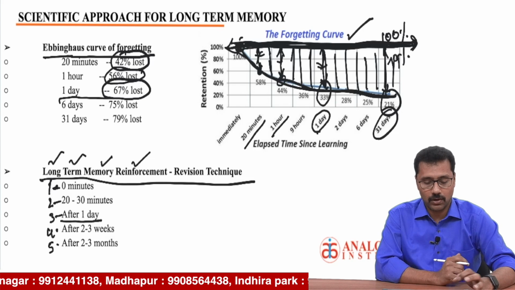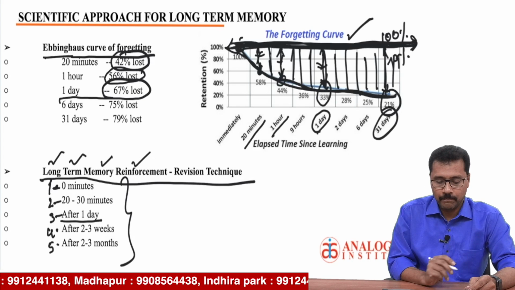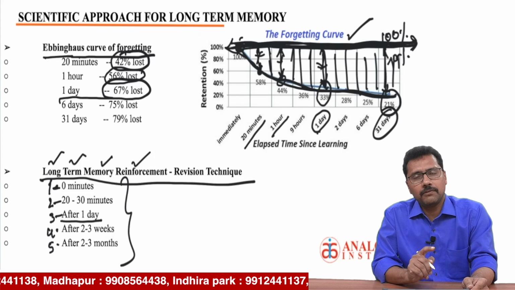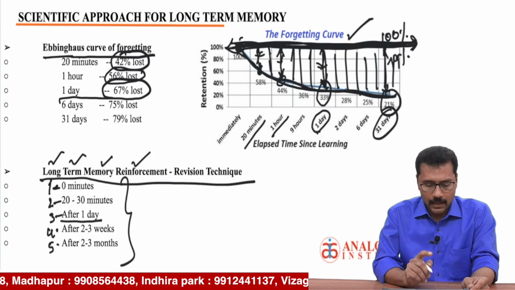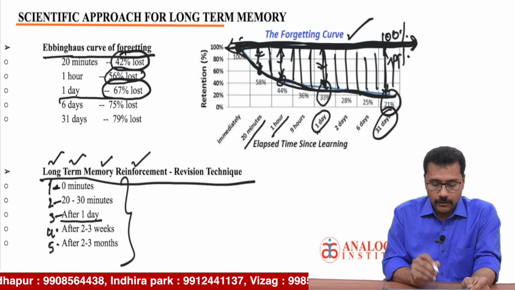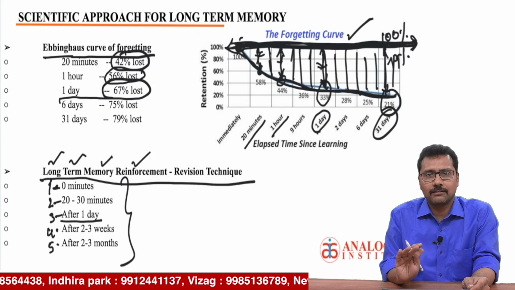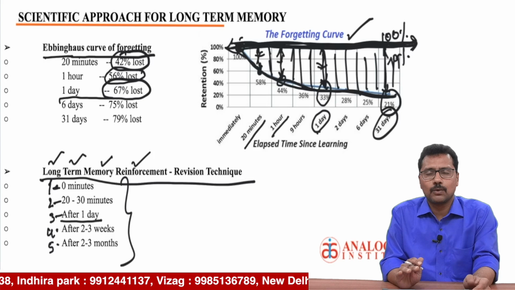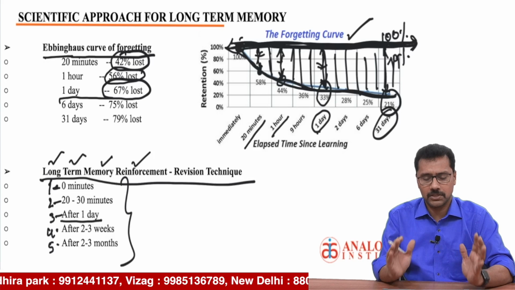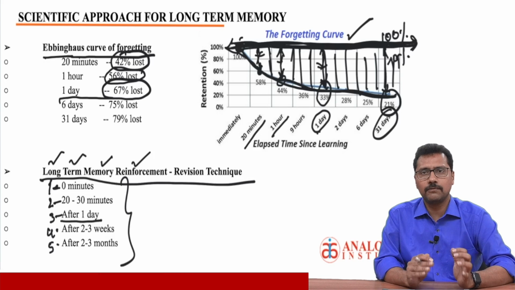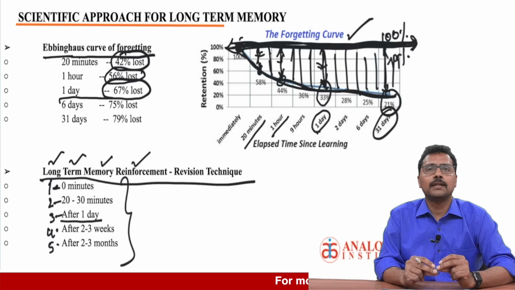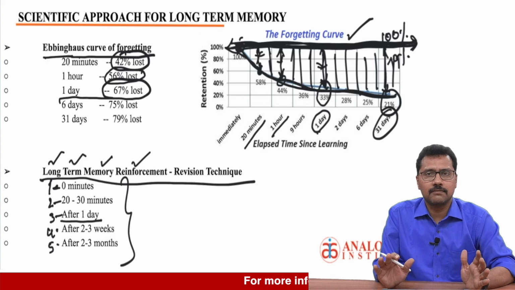So this is what long-term memory is all about. This is a scientifically proven technique, and let me tell you friends, if you follow this technique properly, nothing goes outside your memory. Whatever you learn systematically in this fashion, if you revise, then nothing can stop you from cracking the civil services